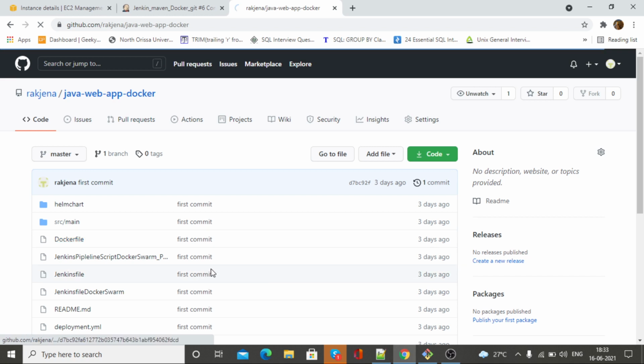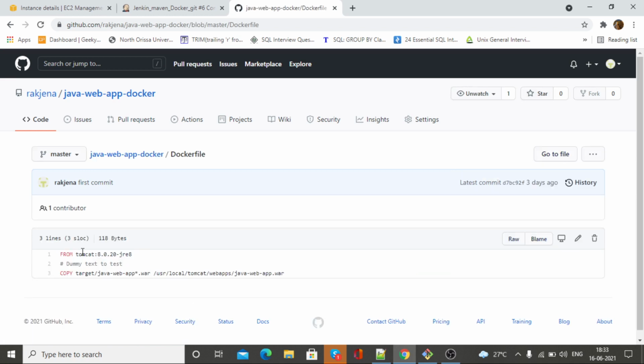If I open it, you can see FROM Tomcat 8.0.20-JRE8, then copy our war file that was created inside target, right? So it will be going to the local Tomcat webapps with this path. Okay, that's it guys.